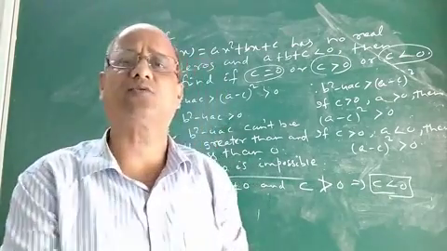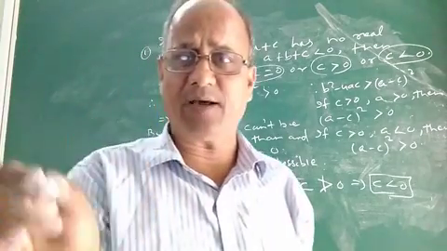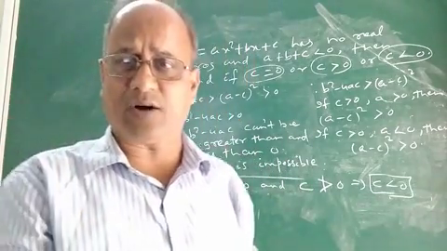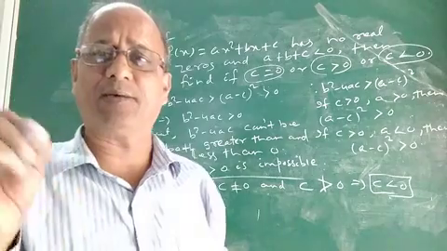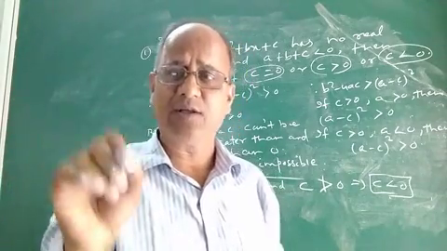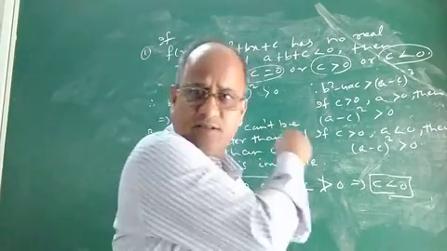Children, I hope you understood how to prove that c is less than 0. If a polynomial is defined by the relation f of x equal to ax square plus bx plus c, having no real zeros, and a plus b plus c is negative, then the value of c will be negative, means c will be less than 0. This is the complete proof.